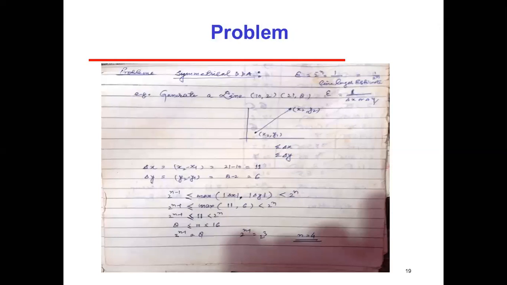Okay, so this is one of the problems. You have to solve this using the symmetrical DDA. So I am just telling you in one or two lines because the Zoom time is going to finish. So generate a line (10, 2) to (21, 8). Okay, so we have to calculate epsilon first. Epsilon is equal to 1 over delta x or delta y. Then delta x is equal to x2 minus x1, like this. Delta y is equal to y2 minus y1, this. And again we will use the